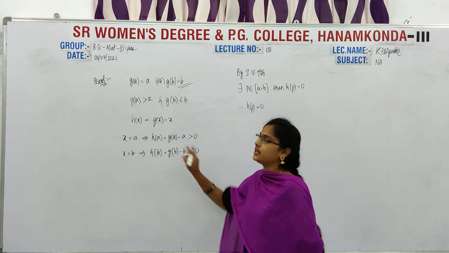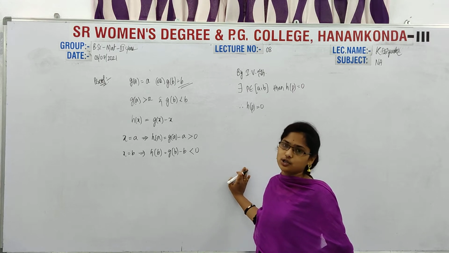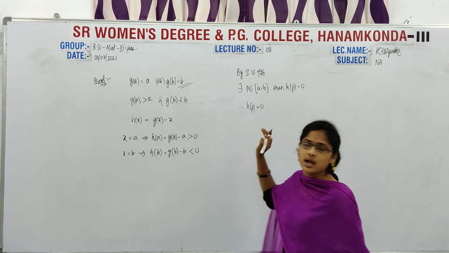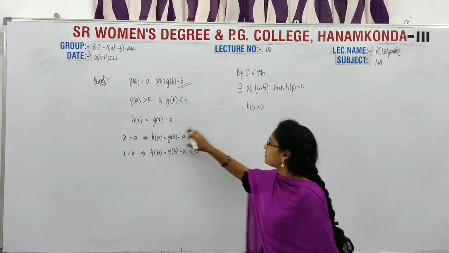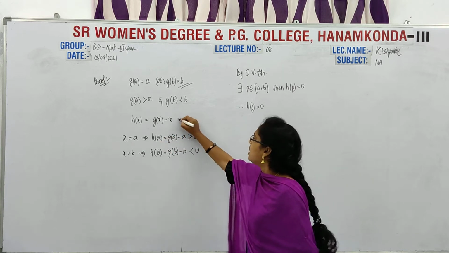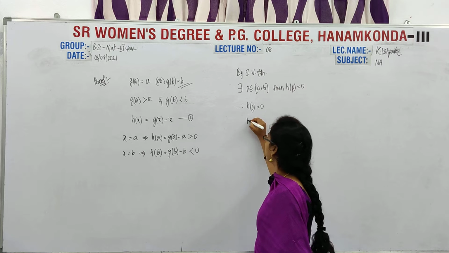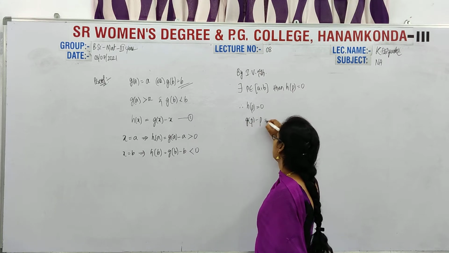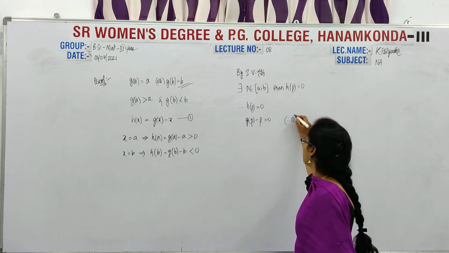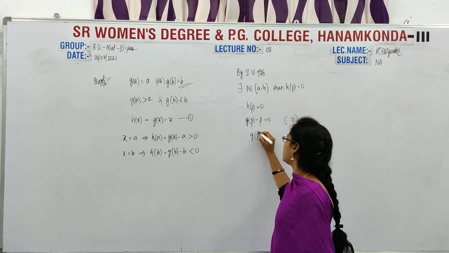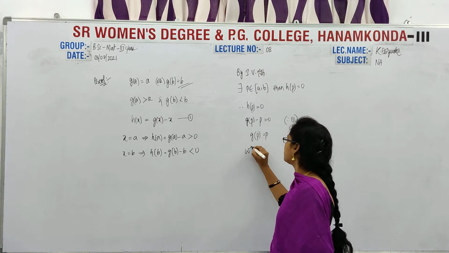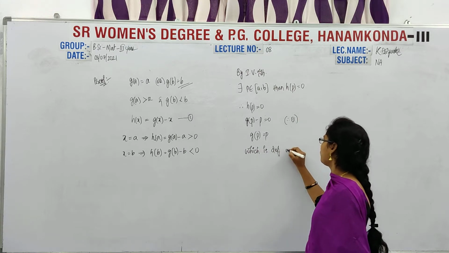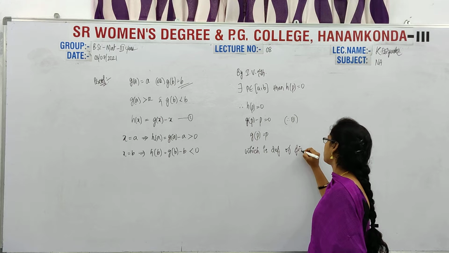Here you can take any value, whatever it is. So simply here I consider it as some h of p. So what is the definition of h of x here, from equation 1? I am writing it as g of p minus p is equal to 0, from equation number 1. So g of p is equal to p, which is the definition of a fixed point.